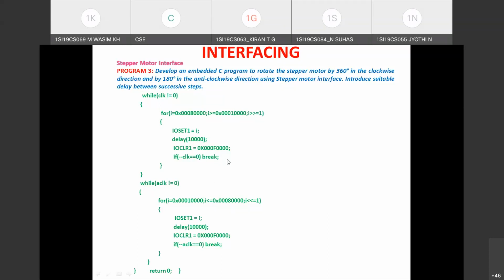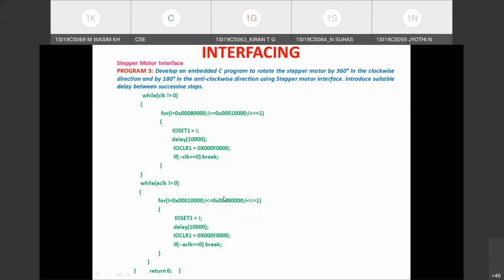With respect to the theory point of view, this is one more possible question you can expect, where the angle of rotation is given and the direction in which you have to rotate will also be specified, for which you need to do a small calculation with the step angle. That will also be specified in the question. Since it is a continuation of the lab programs, we are assuming the step angle is 1.8 degrees. But in a theory question, they will specify the step angle, angle of rotation, and direction of rotation, based on which you need to do the calculation, and accordingly you initialize the counter in your program and write the program.